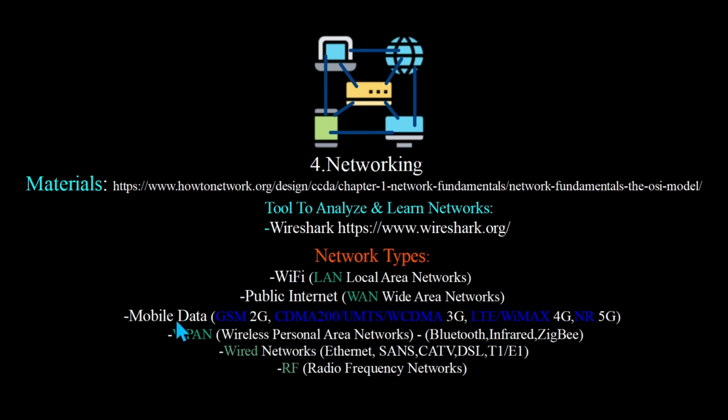And then there are also mobile data networks, for example GSM, 2G, TDMA, CDMA2000, UMTS, WCDMA on 3G, LTE, WiMAX on 4G, NR on 5G. Then there are also networking protocols like VPN, and wireless personal area networks. They are usually used for Bluetooth, infrared, and Zigbee connection, like